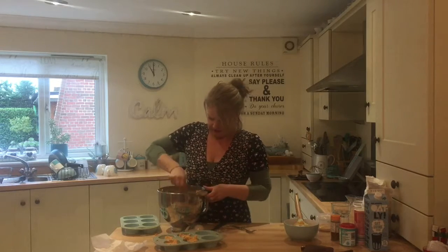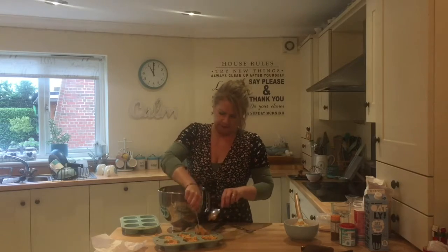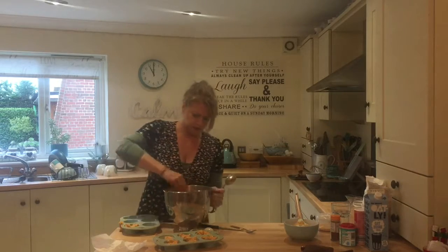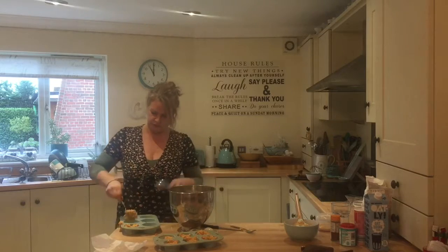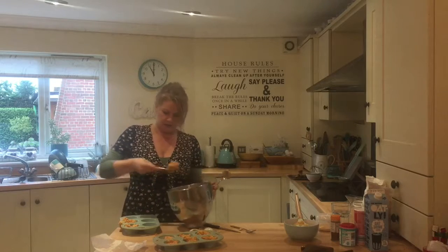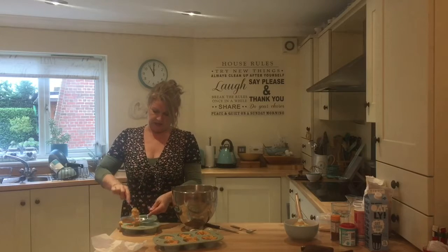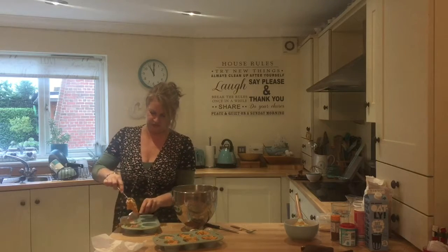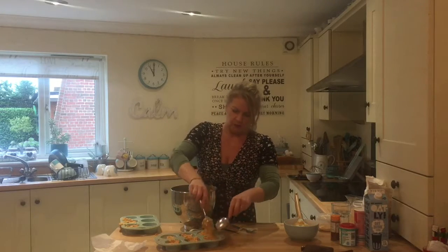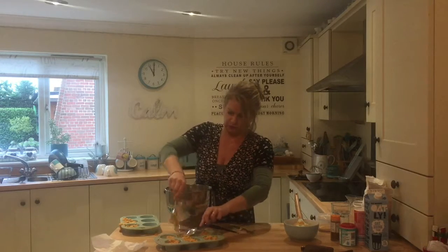Let's see. Might stick a wee bit more grated cheese on top just to make it look pretty. Well, I think what we'll also do is, on a few of them, just not all of them so the daughter doesn't want, stick a few chia seeds on top. That will give it another boost of fabulous proteins and just all around marvellousness. You can also put some flax seeds on top. Flax seeds are brilliant for your omega oils, omega fats, especially useful for women